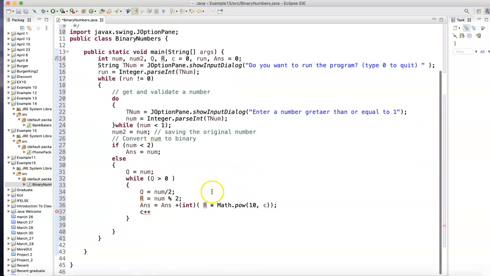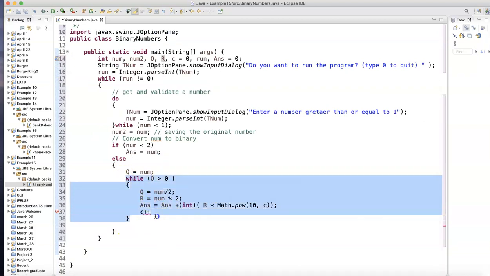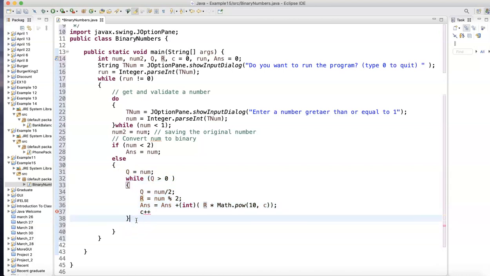So now let's print the number. Once you finish with this and exit this loop, you're done converting. Now you want to print that number. So let's make a message here. String message equals, so what's the message going to equal? In double quotation marks, that's a string: the equivalent